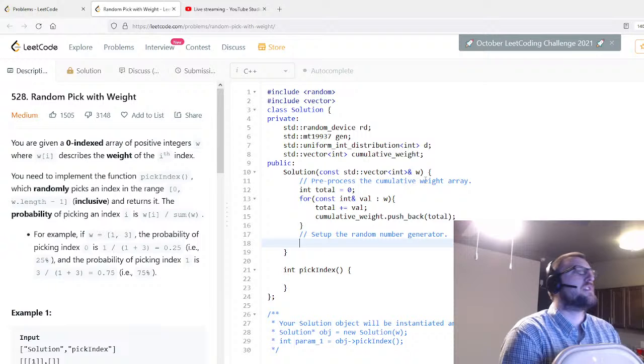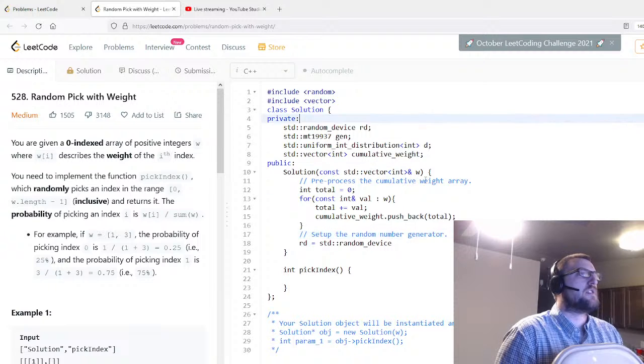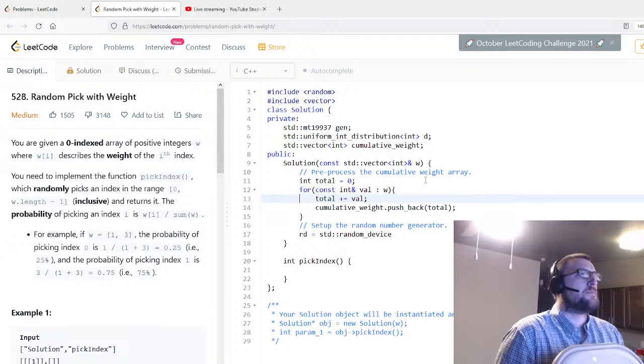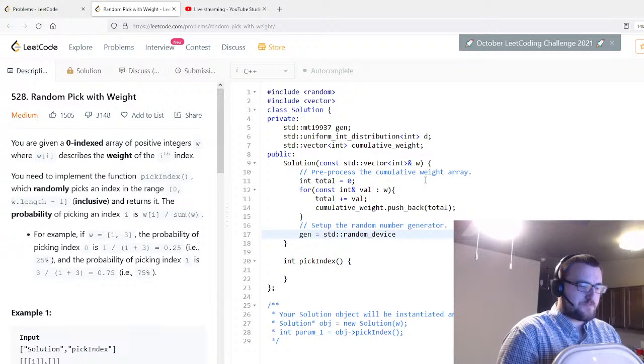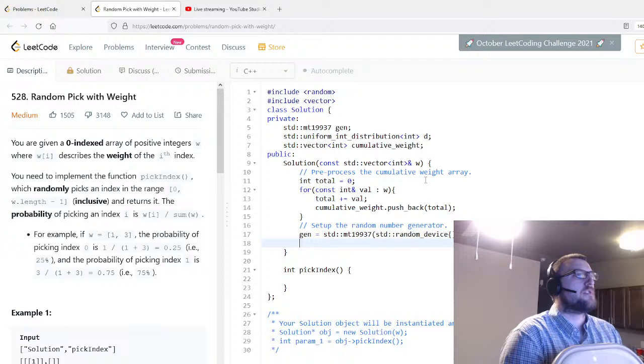For our generator, we're going to say rd equals std::random_device. Actually, you don't need this, I forgot about that. You can seed our generator with a Mersenne twister. You can create a new device and seed our generator this way. And then we can say d is equal to